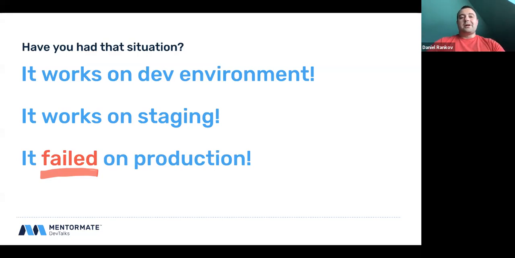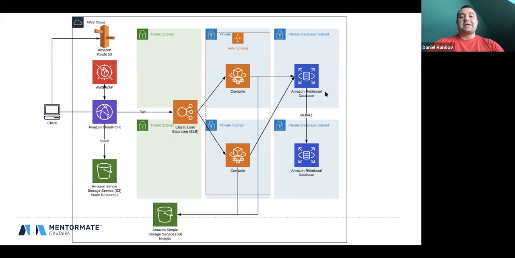So let's look at a sample infrastructure that we're going to talk about. It might seem a bit complex at first glance, but bear with me. If we look at it from that perspective, we usually have a client. In order to distribute the traffic to each and every client, we use a CDN solution to distribute the traffic around the world. In the AWS context, that's the Amazon CloudFront service. We will also use this service to do path-based routing. It would take all of the requests for static resources,